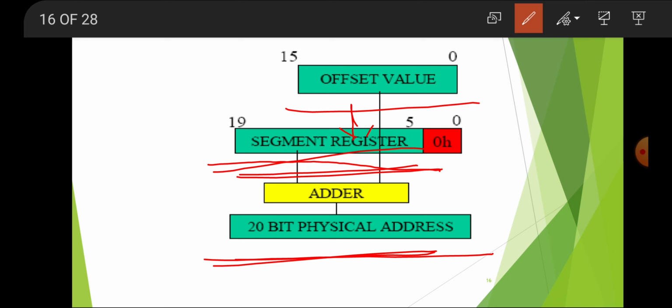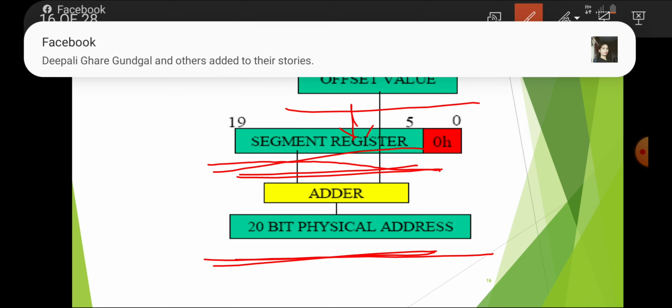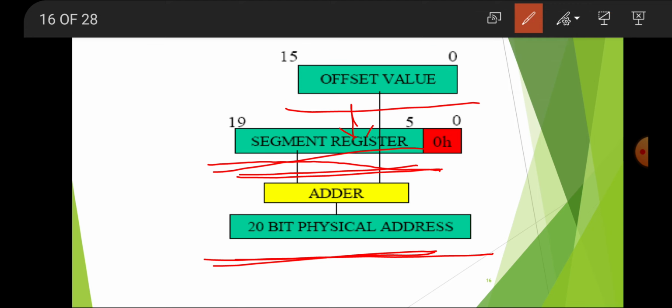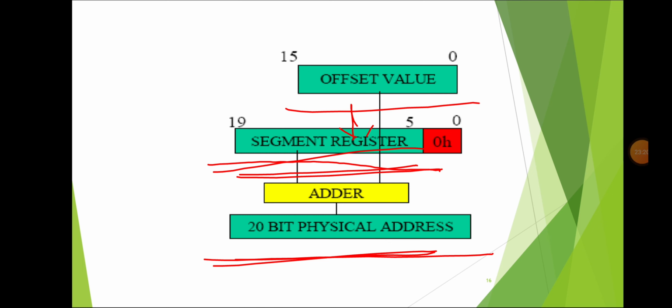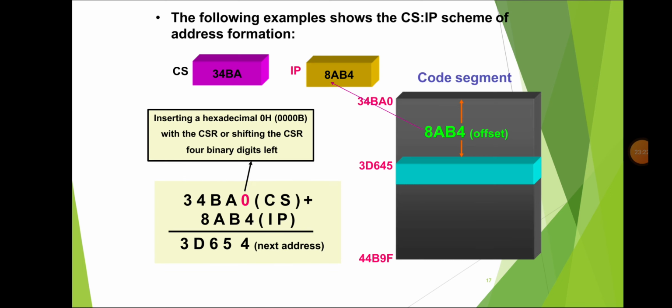If you store any file in memory or on your PC, you can go to that folder and find the file. That is the virtual address. But we cannot find the physical address; only the processor knows the physical address. So the 20-bit physical address is stored in that particular location.